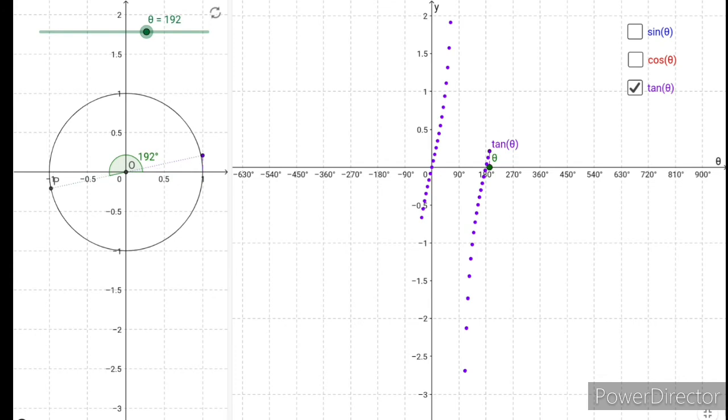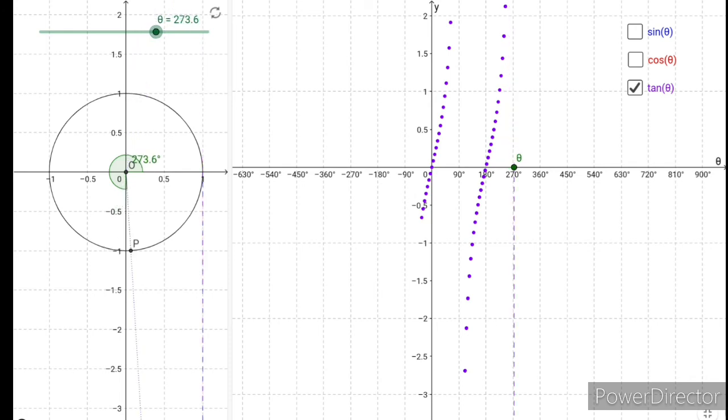As I keep on increasing after 180, tan theta again keeps on increasing, and at 270, it becomes undefined. As it reaches 270, tan theta moves towards infinity. Infinity is some larger value which we don't know. But at 270, it is undefined because there is no formation of a triangle. Because two angles are 90, we can't say the third side. So it is not a right angle triangle anymore. So tan 270 will be undefined.